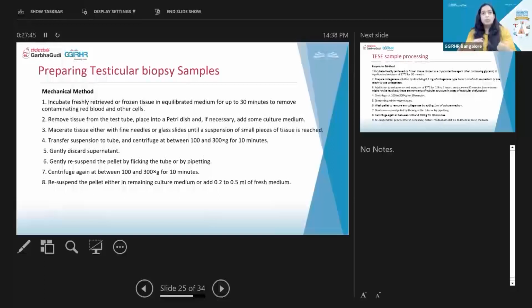After the maceration, you will be transferring it to the centrifuge tube. You centrifuge at 100 to 300 G for 10 minutes. You will be putting a lesser centrifugal speed to handle or to prepare such cases, because the sperms are much more vulnerable to damage, and